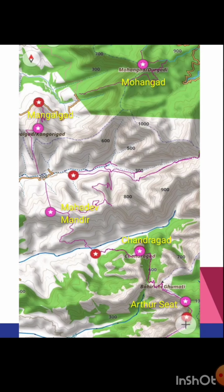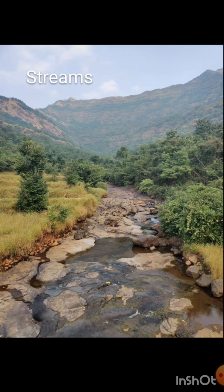Okay, so the first section of today will start from Mogangat, from which we descended yesterday through a steep ridge back into the Konkan plains. From there we follow a small road and start climbing up to Mangalghat. From Mangalghat we get down a less known trail along a steep ridge again to the next valley, where we stay over with some people, then jump over the next ridge at Mahadev Mandir, get again down into the valley, climb up again to Chandraghat to enter virgin jungles at the base of Arthur's Seat. Here you can see the view from the base on the majestic Sahyadris above as we traverse some of these